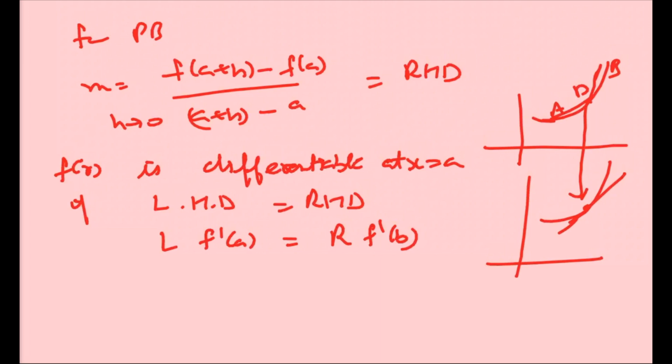If it is not differentiable, then it is not necessarily continuous, and if it is differentiable, then it is also continuous at a given point. So I am going to tell you about this, so you can note down this theorem